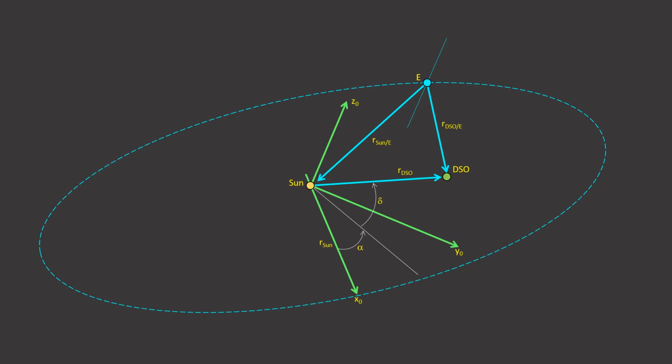Because the distances between the Earth and the Sun don't matter, they're very small compared to the distance between the deep sky object and the Sun, or the deep sky object and the Earth, I'm just going to take the axes that I had at the center of the Earth and move them to the center of the Sun, so that now I can do a simulation of the Earth orbiting the Sun and rotating, of course. At any given time during its 1 year traverse around the orbital path, I can determine where I am on the planet and what up is, and determine the corresponding vector to the Sun and the corresponding vector to the deep sky